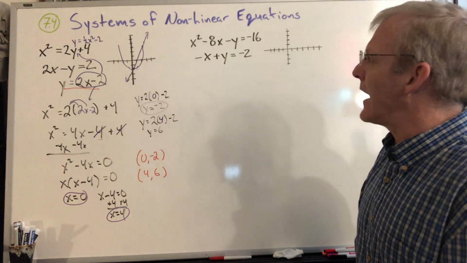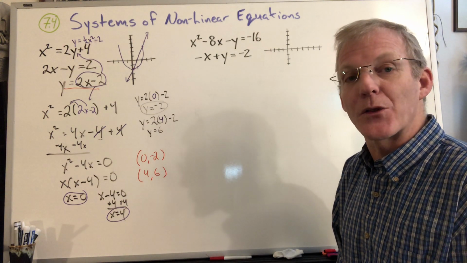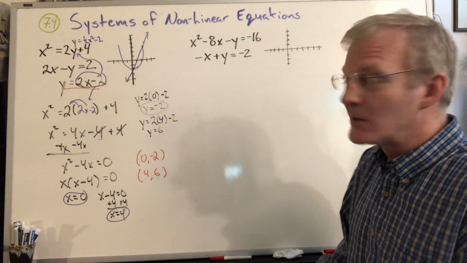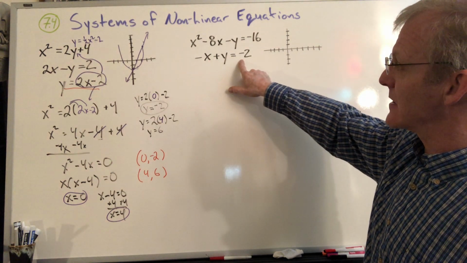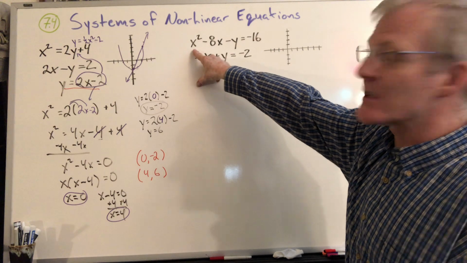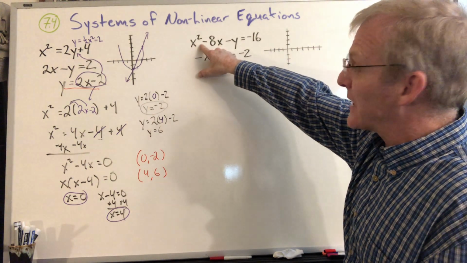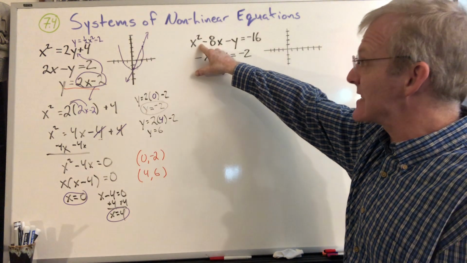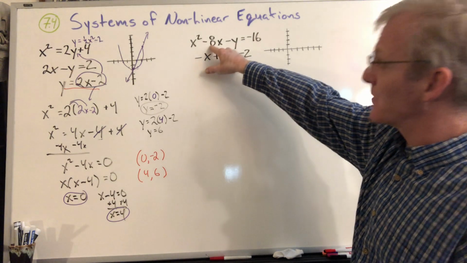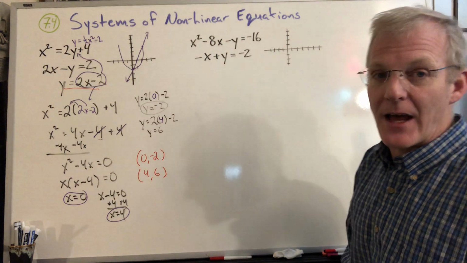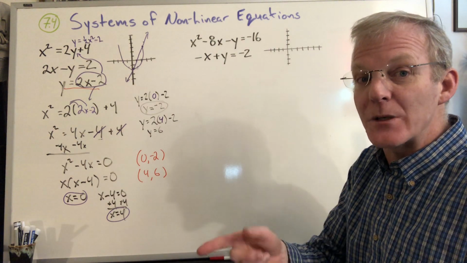So how do we do that? Remember, the elimination method or addition method is easiest when both equations are in standard form. Well, here's standard form, ax plus by equals c. And this is actually in standard form as well. Remember, ax squared plus bxy plus cy squared, which isn't there, and the xy isn't there, plus dx plus ey equals f. So we're already in standard form, and hey, look at this. If we do addition right now,